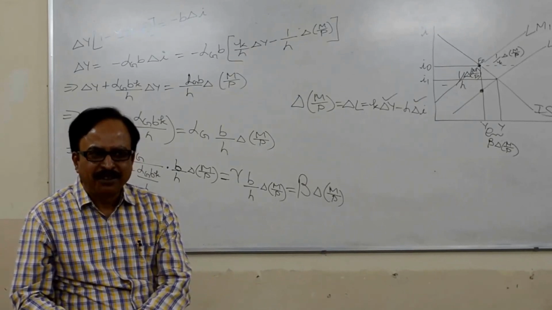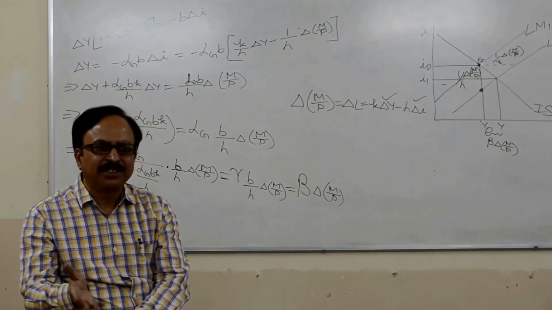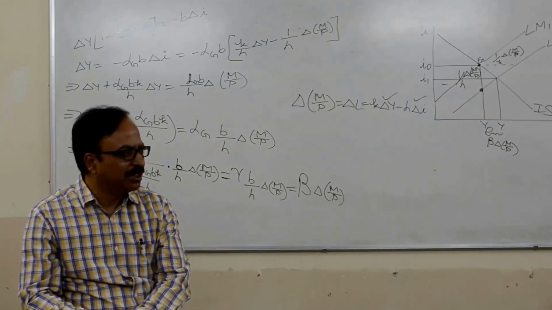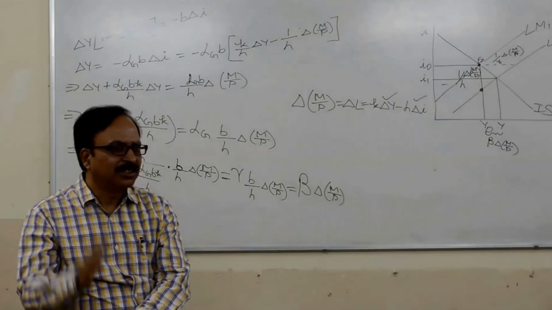Alpha G is pretty simple. Consumption is increasing, greater is alpha G, greater is the induced change in consumption, greater is the total change in aggregate demand, greater is the total change in the income. So greater is alpha G, greater is the size of the